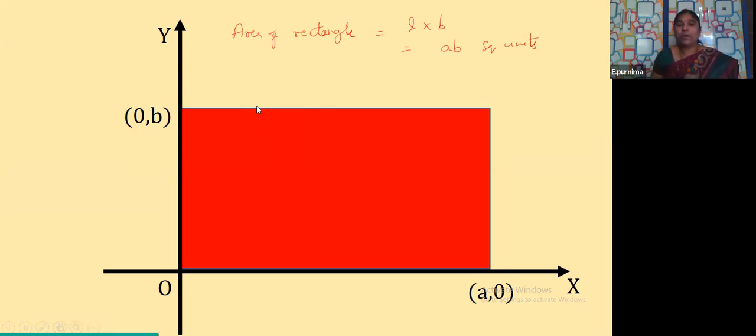Yes or not? Because they are very well-known shapes, you know how to find the area, and you have a formula for the area of a square and the area of a rectangle. Suppose you have another picture, another curve in the shape of a triangle. It can be, yes or not? So if you have any kind of curve which has a formula to find the area, then it is easy for us, yes or not?